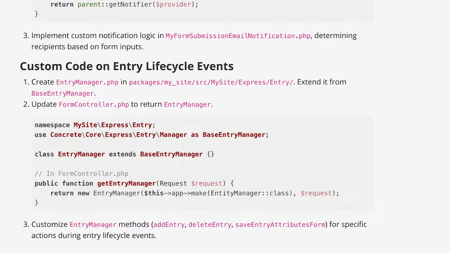And the entry manager is the very simple code in the core that is responsible for persisting those objects when they come in. And so what I would suggest the original poster do is create this custom controller, create a custom entry manager that your custom controller delivers whenever this object is used. And then within those